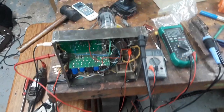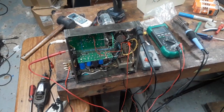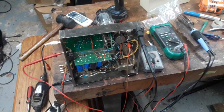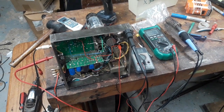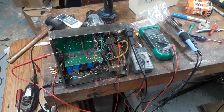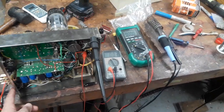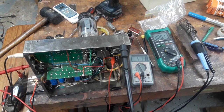So what happens when we move from tube rectification to solid state rectification is we lose the soft startup of the tube rectifier heating up before it starts to conduct. So when we switch it on, we pretty much slam into the first capacitor and onto the high voltage of the tubes, full voltage, even before the tube is hot. So let's see how it behaves. Let's watch that meter on the left and see how much. Oh wow, we just went straight